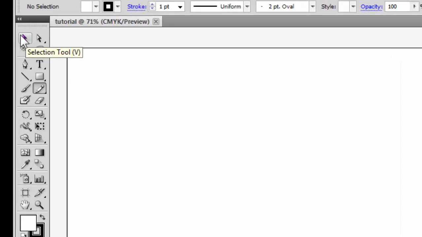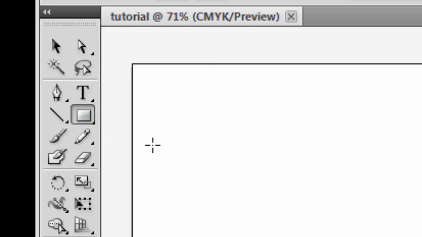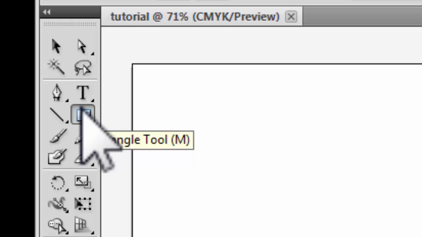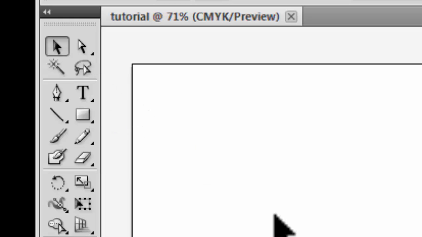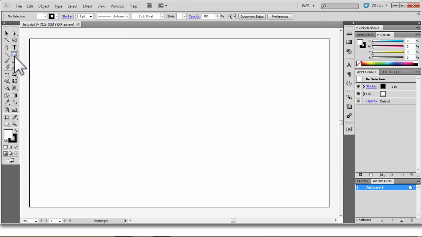There you can see the selection tool and a drag selection tool. We will talk about them later in this video. This is the rectangle tool. You have to click on this and the shortcut key of this is M. You can simply press M to select the rectangle tool. As we can see, when the selection tool was selected, it was dark in color, and when I pressed M, it selected the rectangle tool. Let's make a rectangle.